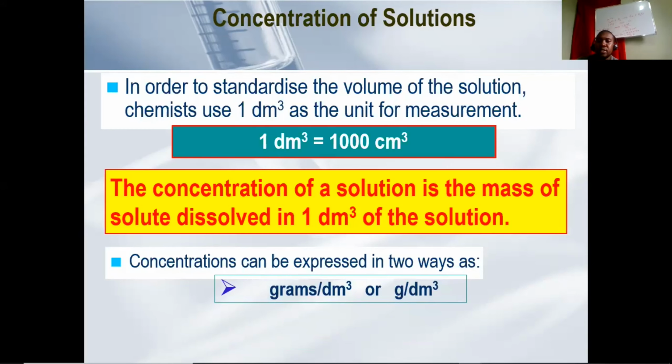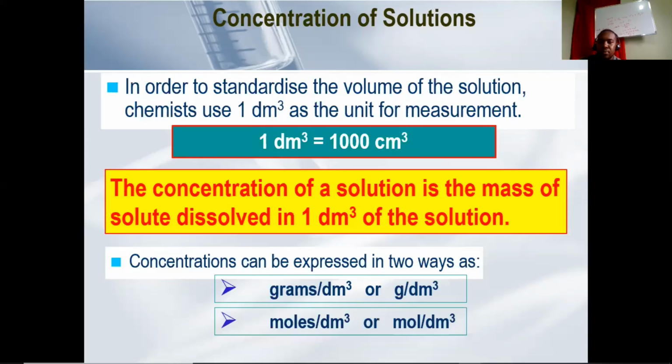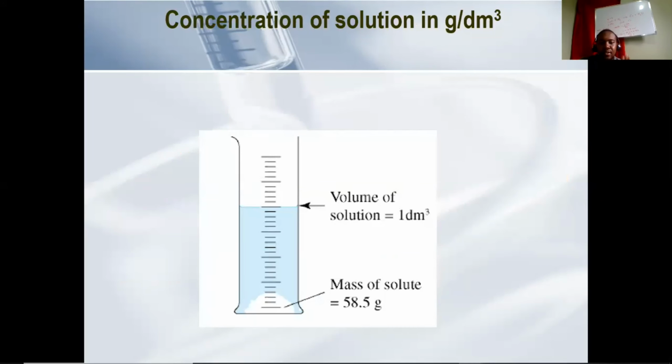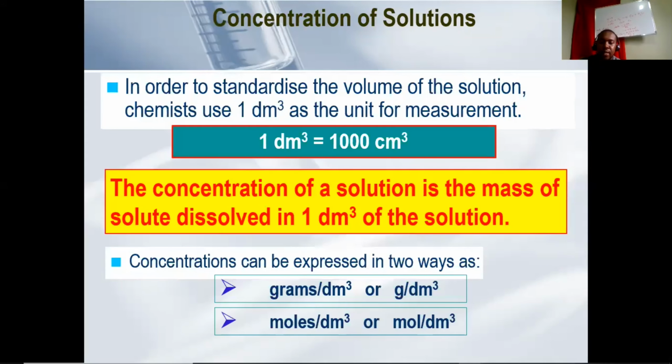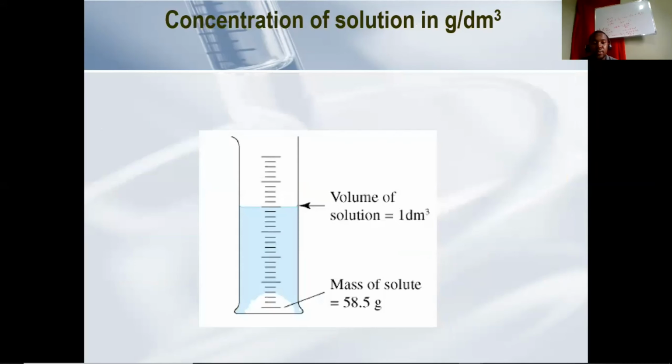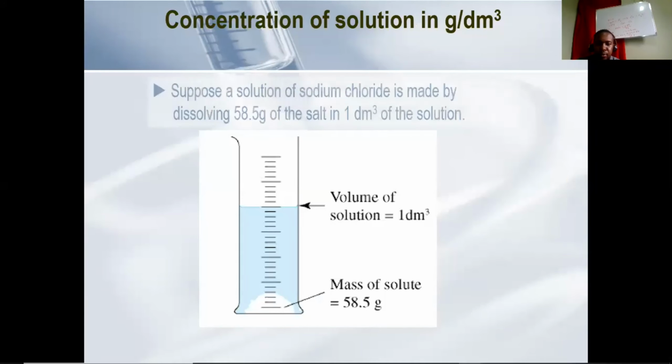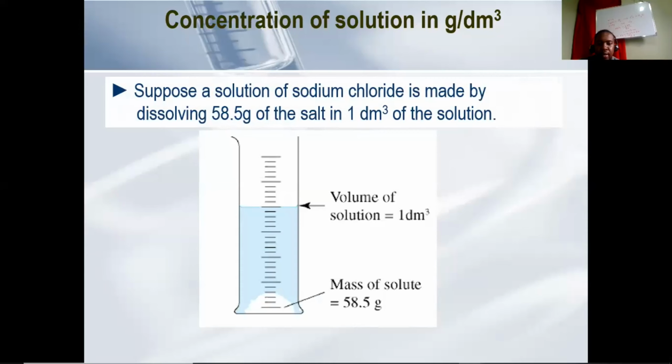So concentration is normally highlighted in two units, which are gram per dm cube or moles per dm cube. Right, and based on those two units, we can actually figure out what we're going to use for our equations. Right, so let's look at using 1 dm cube of a solution, and we add